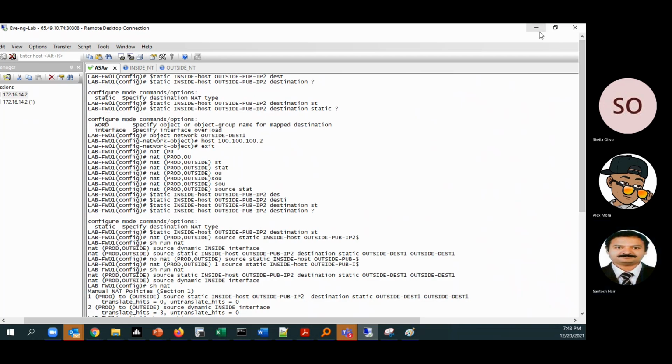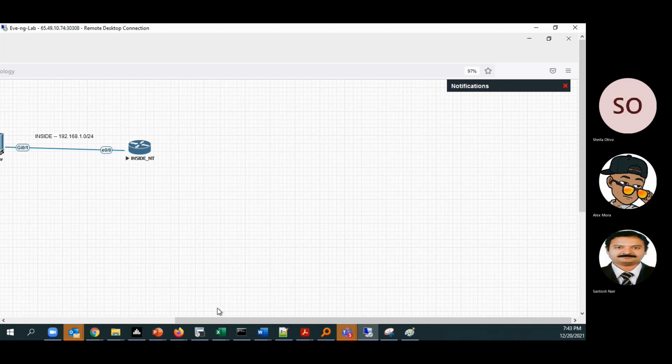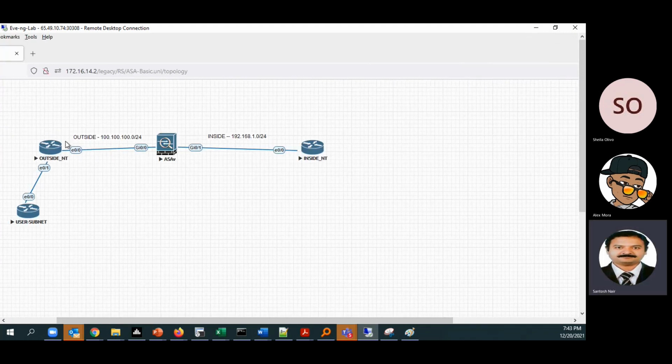2 is the one in this network. This is .2. So whenever somebody is trying to do a telnet to 100.100.100.200, the destination will be natted to 100.2 and the source will be natted to 100.100.100.101. Or we can create a new IP address 105, for example. It has to be natted to 105. So source will also get natted, destination will also get natted.